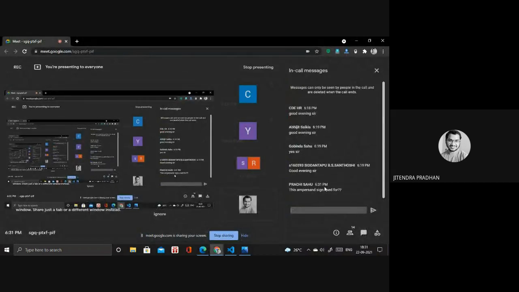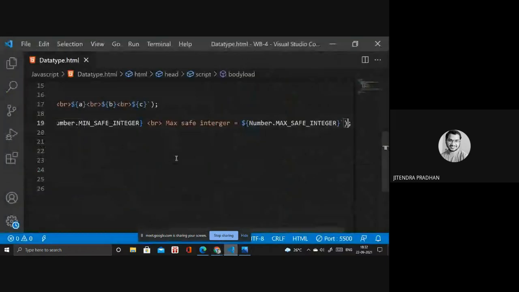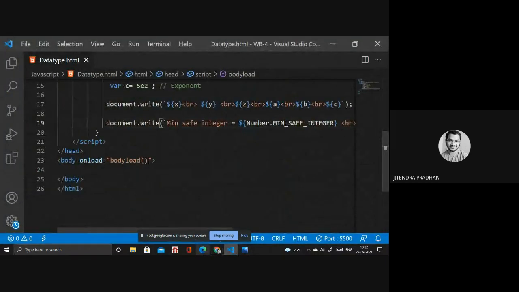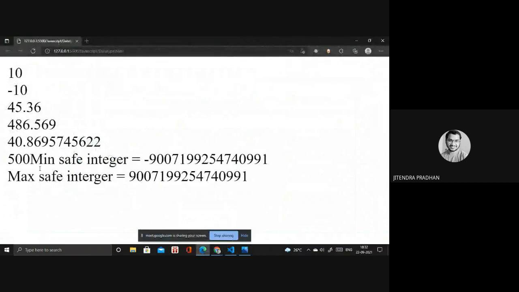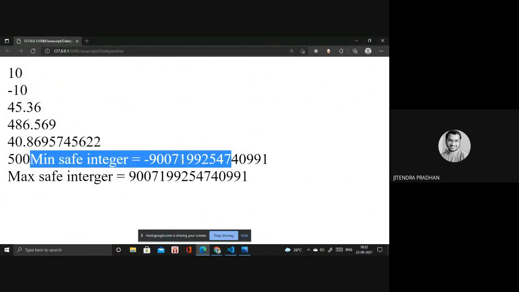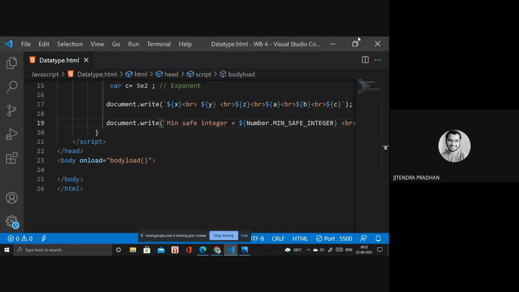I will show you. So this one is the minimum safe integer. Minimum safe integer is minus 9007199254740991. This is the minimum safe integer, and maximum safe integer is 9007199254740991. This is the same, but in between that you have to write the number. Okay, I hope you got it.